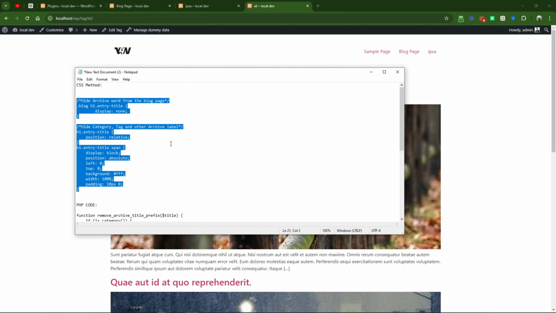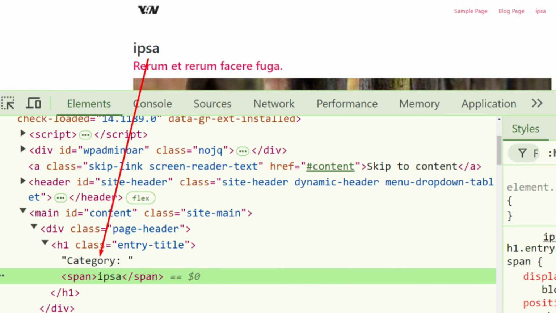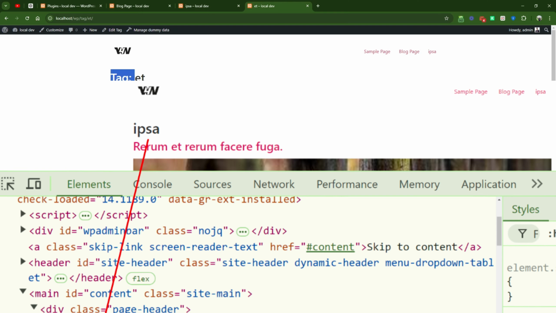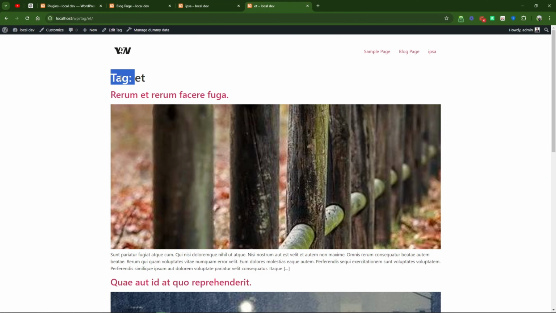Another thing is the word that we will hide will still be available in your website HTML code. So if you are still okay with it, then you can use the custom CSS method